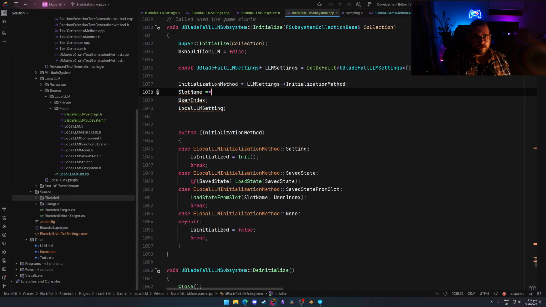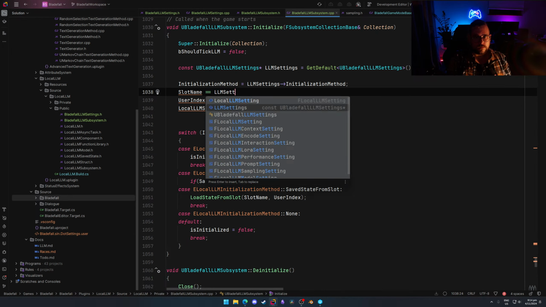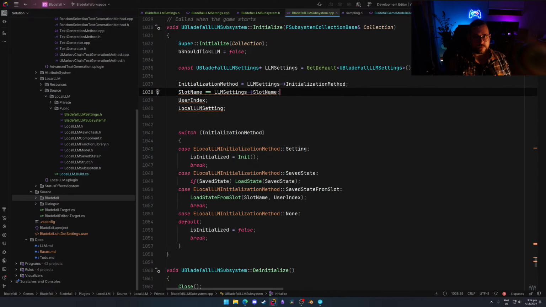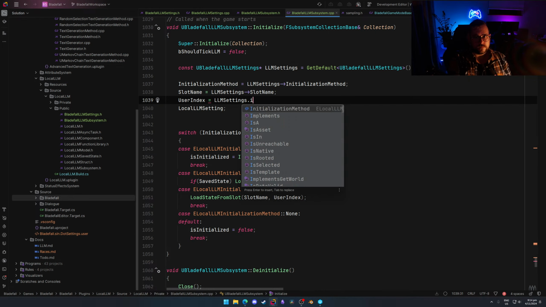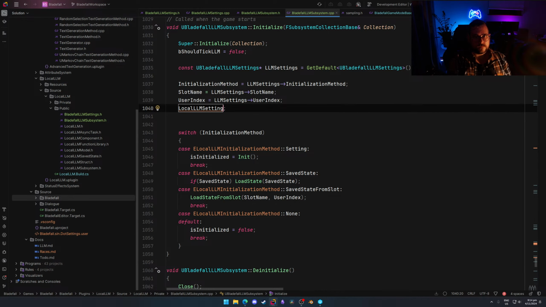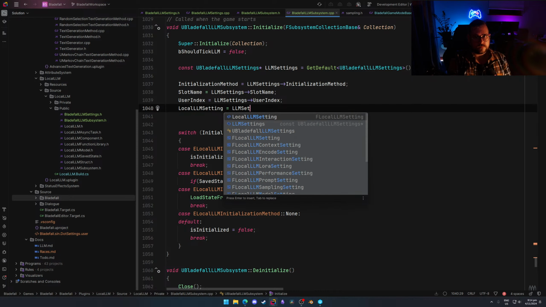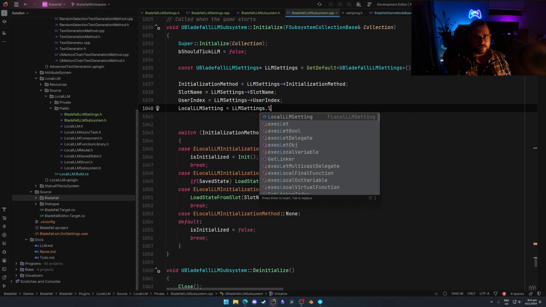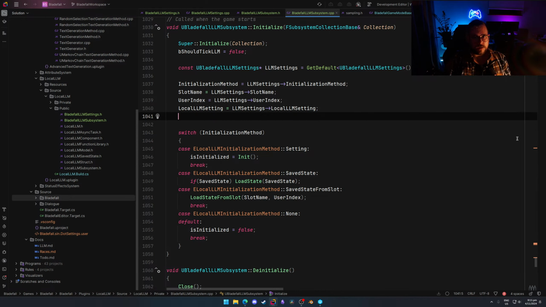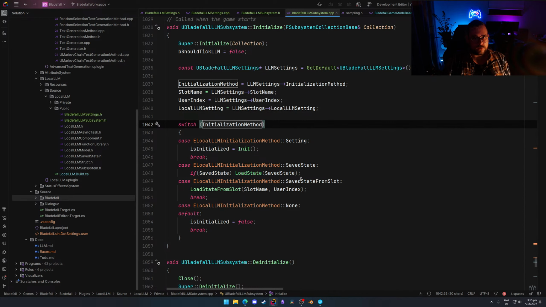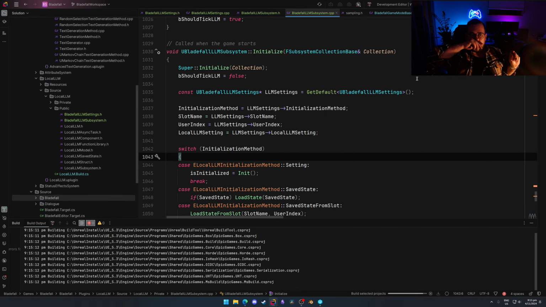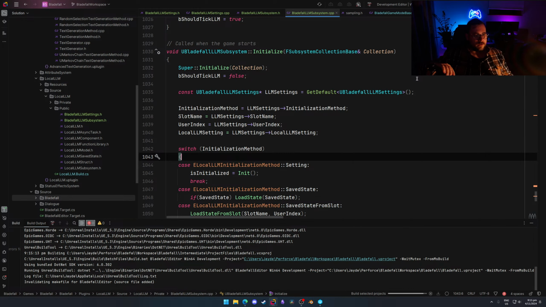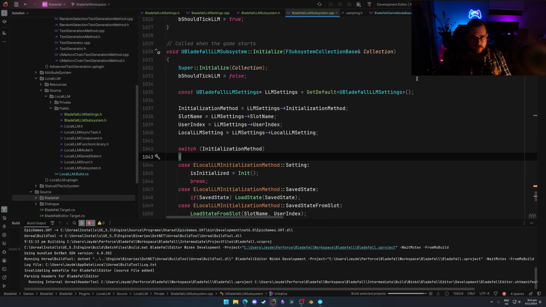Initialization method. Slot name. Okay, now the data is actually populated, so we can continue and use the stuff from there. Okay, so now if that compiles and everything doesn't crash and explode, we should have successfully converted this to a,